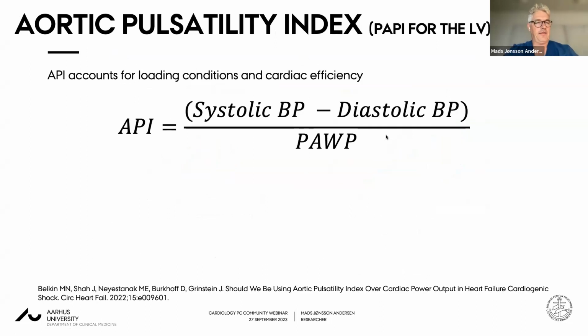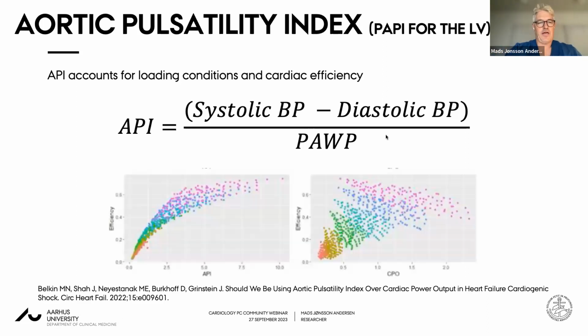And if we look at the aortic pulsatility index, or the PAPI for the LV, as I call it, that is calculated as the pulse pressure over wedge pressure. It's a novel hemodynamic measurement representing both cardiac filling pressures and contractility. And compared to cardiac power output, aortic pulsatility index more strongly correlates with the degree of decompensation in chronic heart failure. And this figure that you see here at the bottom is a graphical illustration of simulation runs